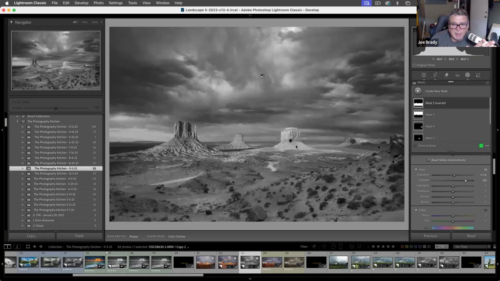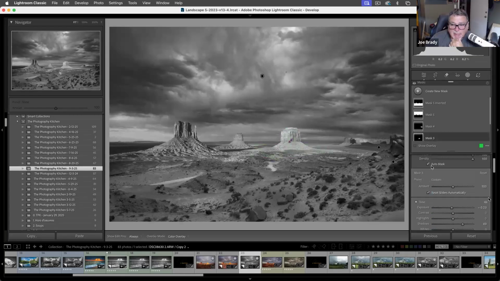There's also parts of the image I don't want to keep. I'm not really going to keep all this stuff on the bottom, so I'm not worrying about it. But this thing, Merrick Butte here, still seems to be giving us a hard time. It needs to come down. Oh, there we go. I want to take away the emphasis of it. And I'm going to hit K again